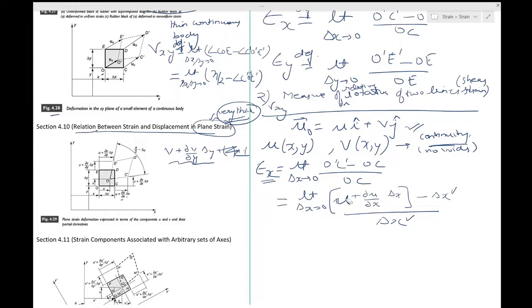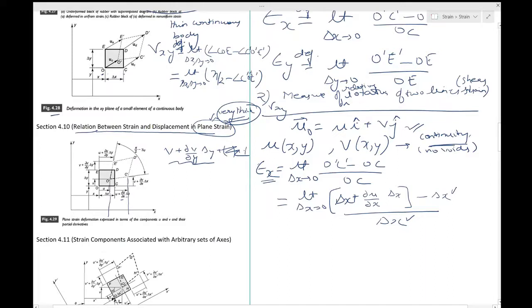Okay, sorry, this is delta x. Okay, so that's there, and how do you now justify writing O dash C dash as this value? So let's see. Take this and take this, okay,